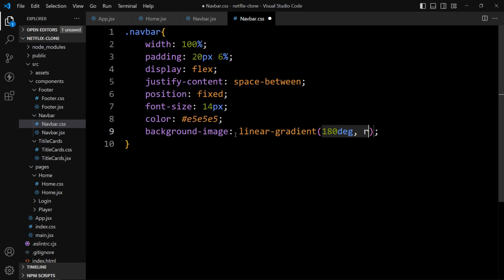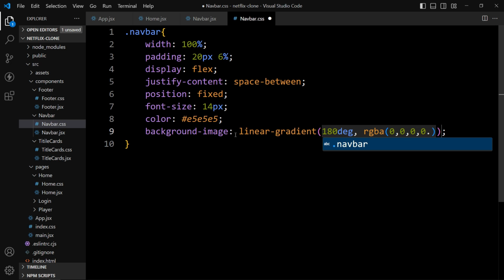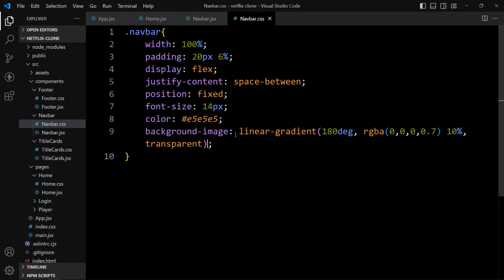So we will use RGBA 0, 0, 0, 0.7. Then we'll add 10%, and then the second color is transparent. That's it, and Z index will be 1. After that we will open the web page.